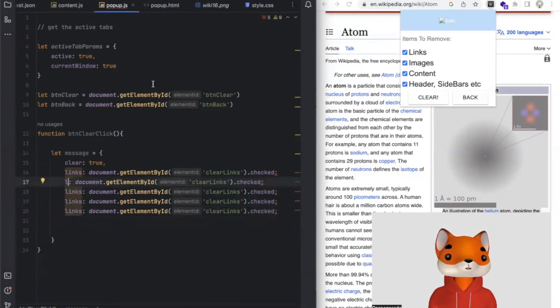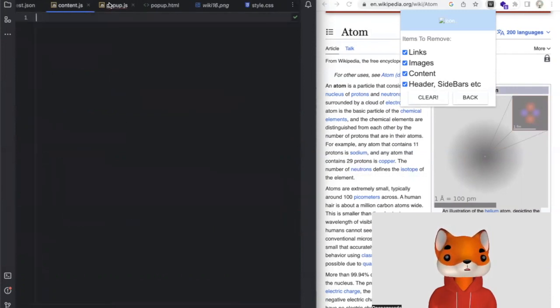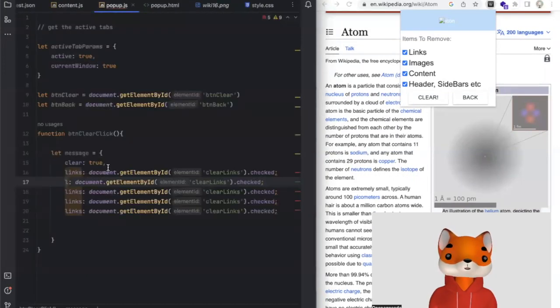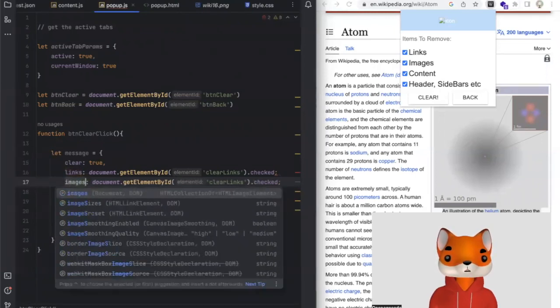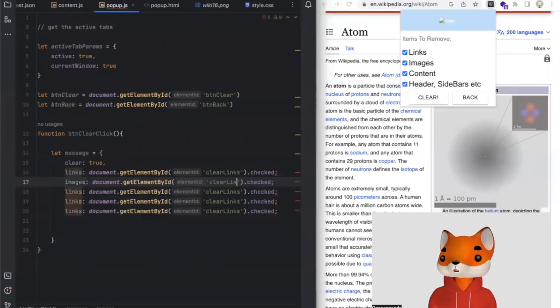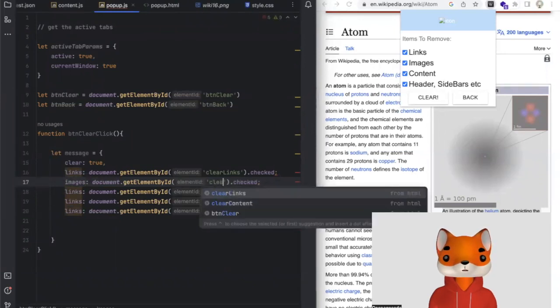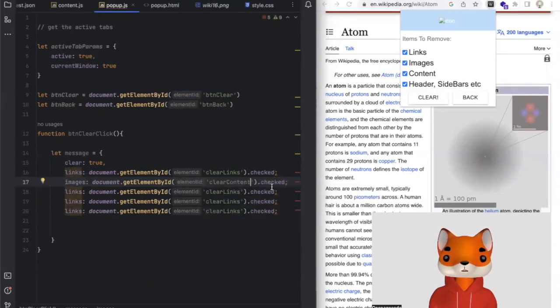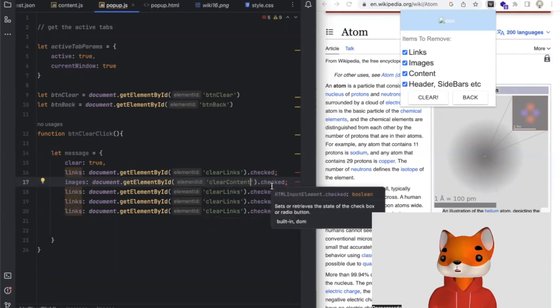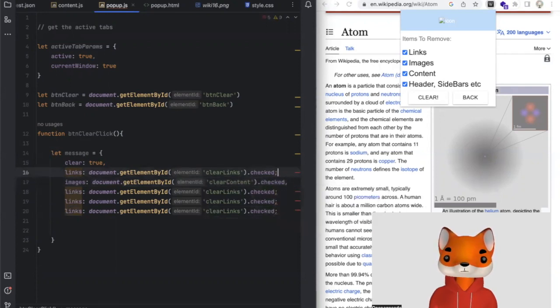There is an error because I also need to add a new function called clear links in the content part, and then the error would be gone. So let me just complete this: images, and this will be assigned to clear content and dot checked. Clear content and then